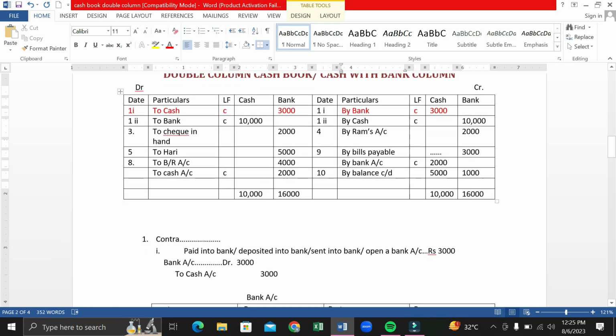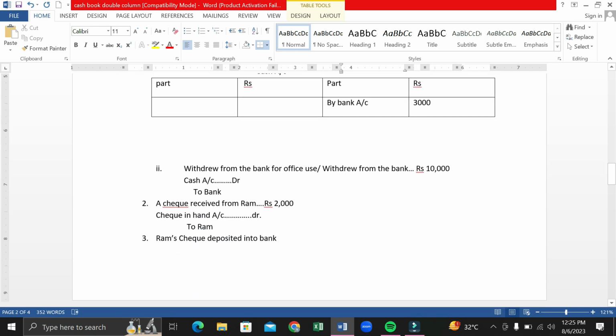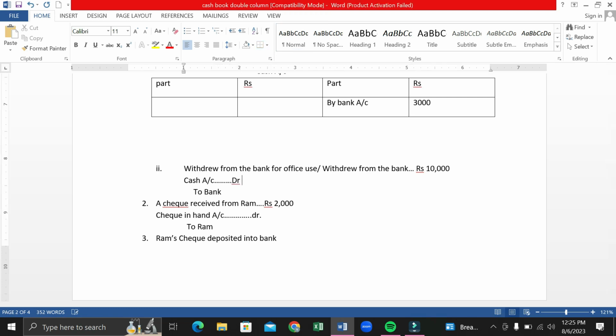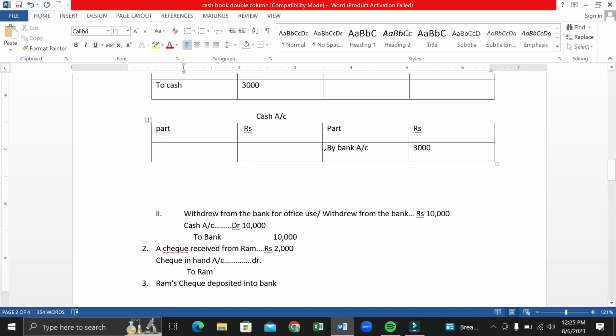Now come to the second one of the contra entry. The second is, if in a question it is given bete withdrew from the bank for office use, or simply it is given that withdrew from the bank. So our journal entry will be cash account debited to bank account. So just see here, how could we transfer this value? The first one, when we prepare a cash account, so cash is debited, that's why in a cash account bank will always be debited. So we will write as to bank account, this is the second entry, to bank account